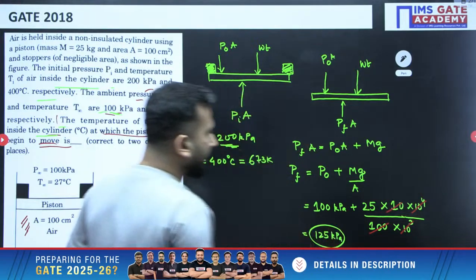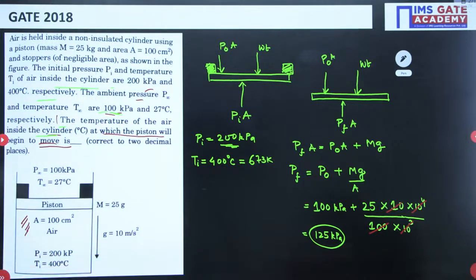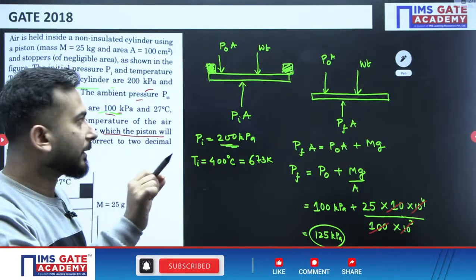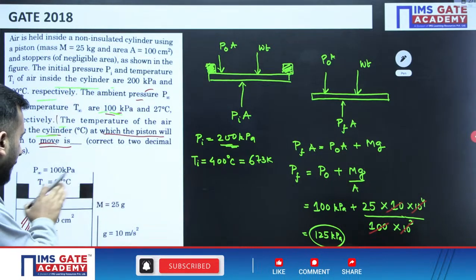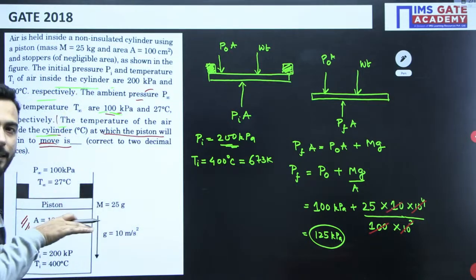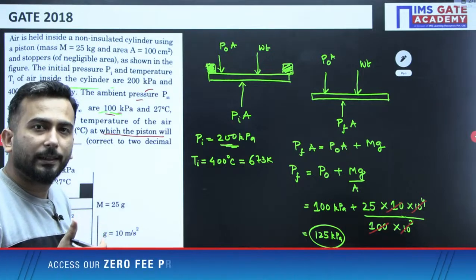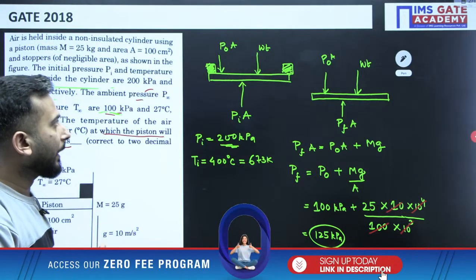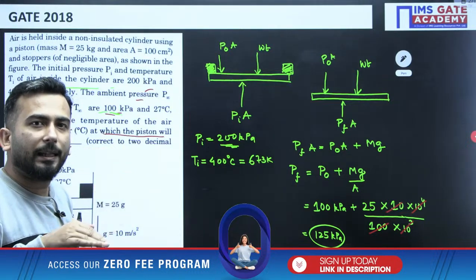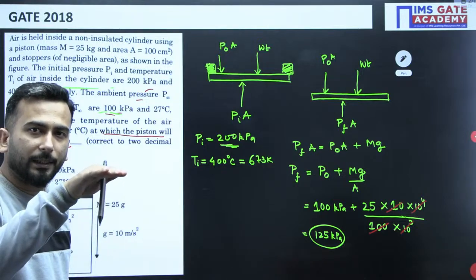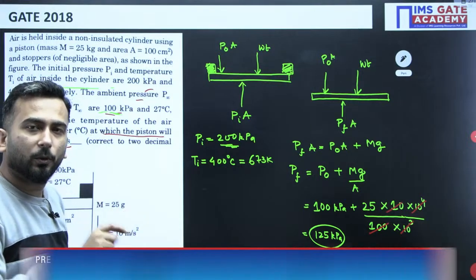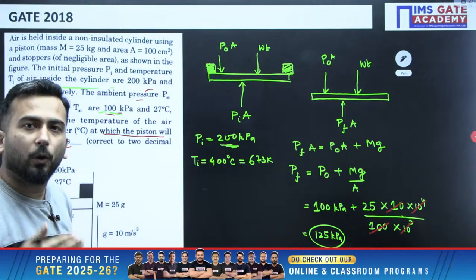So my dear friends, 125 kPa is the pressure at which the piston will just start to slide. And mind it, all this is happening while the piston is still at this place. That means it is a constant volume process. Are you getting this point? Until the moment the piston starts to fall down, all this is happening while heat is being lost at constant volume,